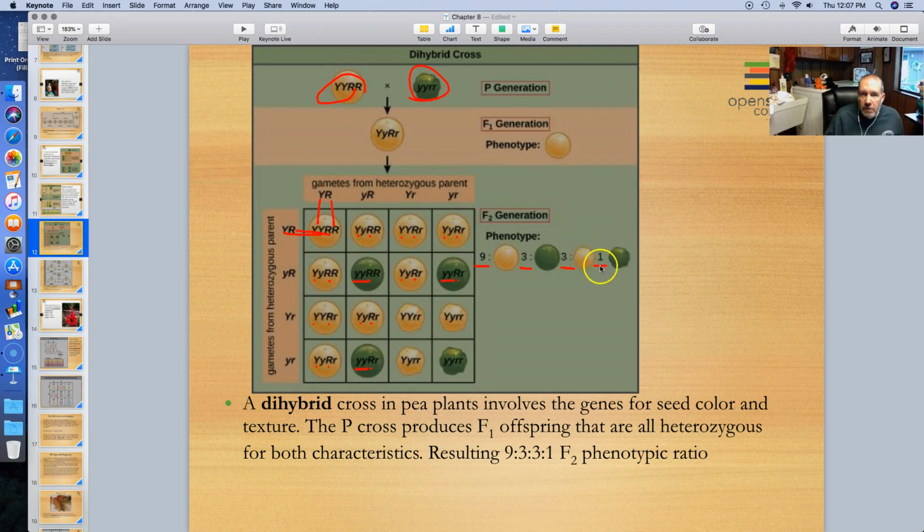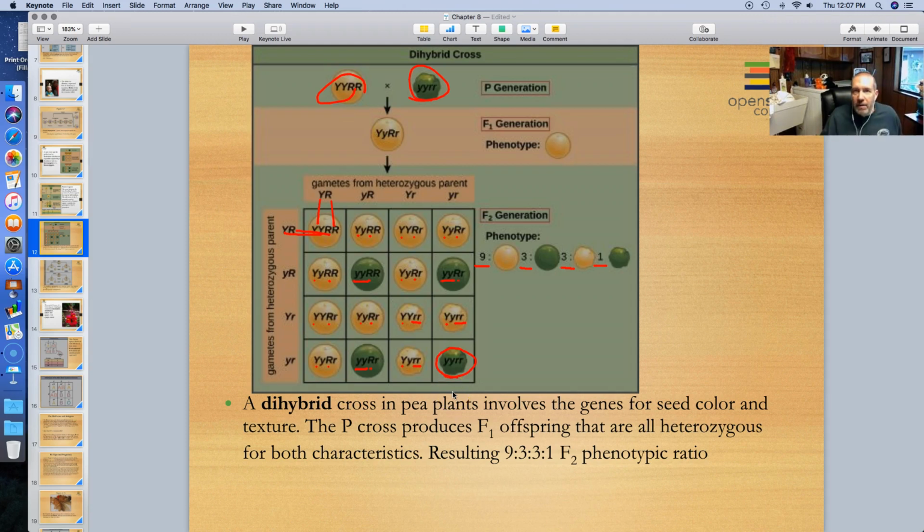And then the other 3, kind of the same thing. They're carrying one dominant allele for the color in this case. So remember, yellow is dominant, but they're carrying both recessive alleles for the wrinkledness. And then, of course, again, the only reason this one is green and wrinkled is because it's carrying both recessive